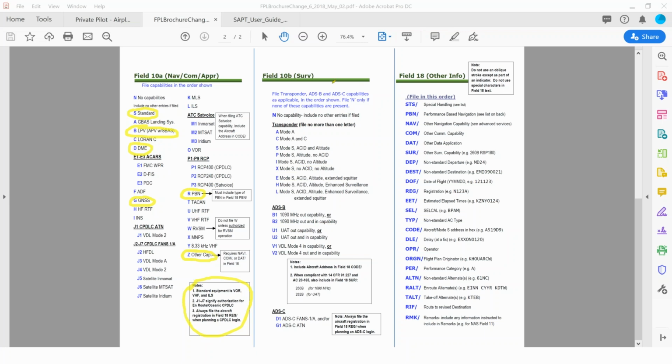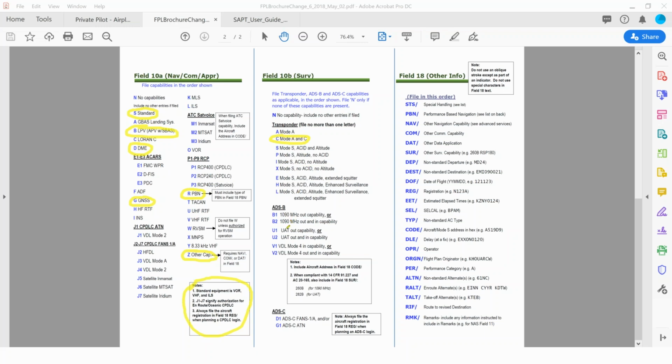Okay, now we're going to field 10B, which is surveillance. So for our surveillance, which is basically our transponder, right? If you don't have any capability, I figure most general aviation planes are going to be modes A and C. So you're going to select that.